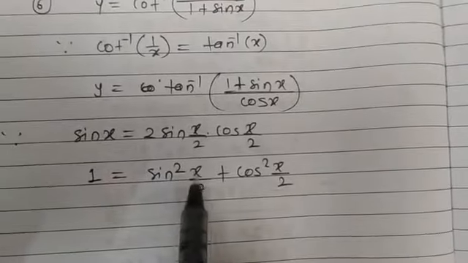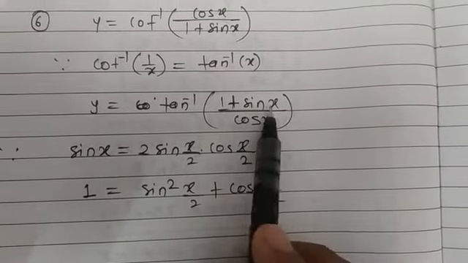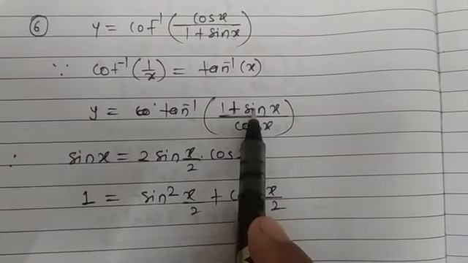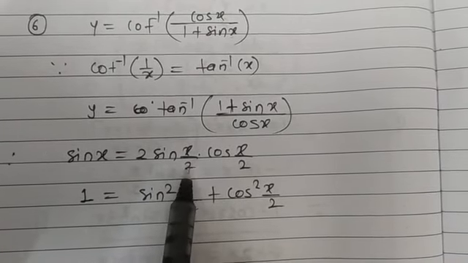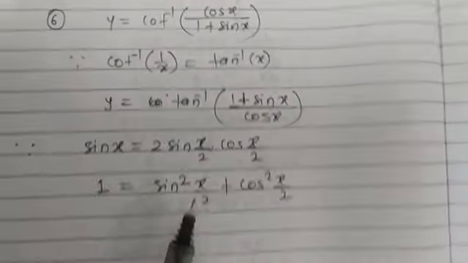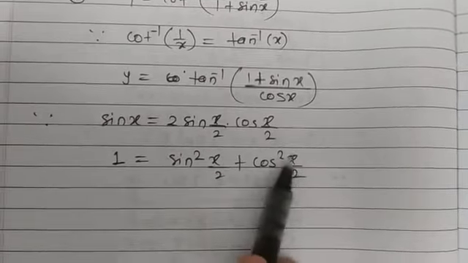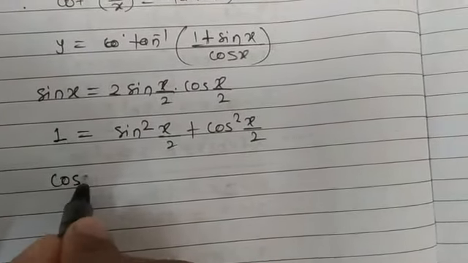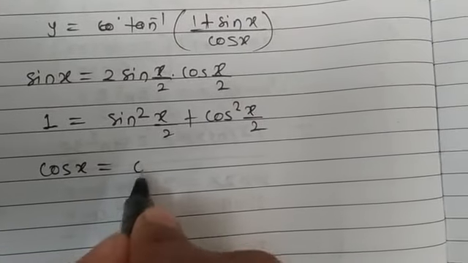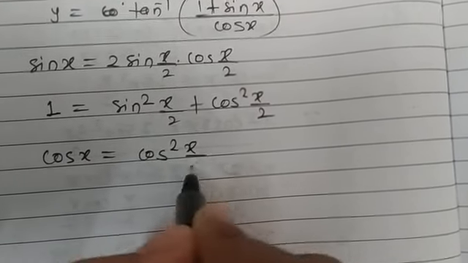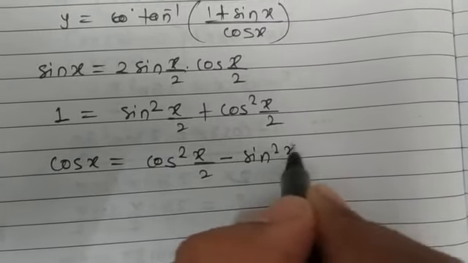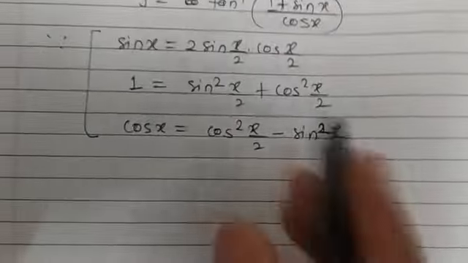Why am I using the angle x by 2? Because this sin x and 1 are appearing together, right? So the angle for this part is x by 2, and in this trigonometric identity sin square x plus cos square x equal to 1, the angle we can vary from 0 degree to 360 degree. And for this cos x there is a list of formulas, but I am going to use cos square x by 2 minus sin square x by 2. Actually this is the half angle formula. So these are the list of formulas.